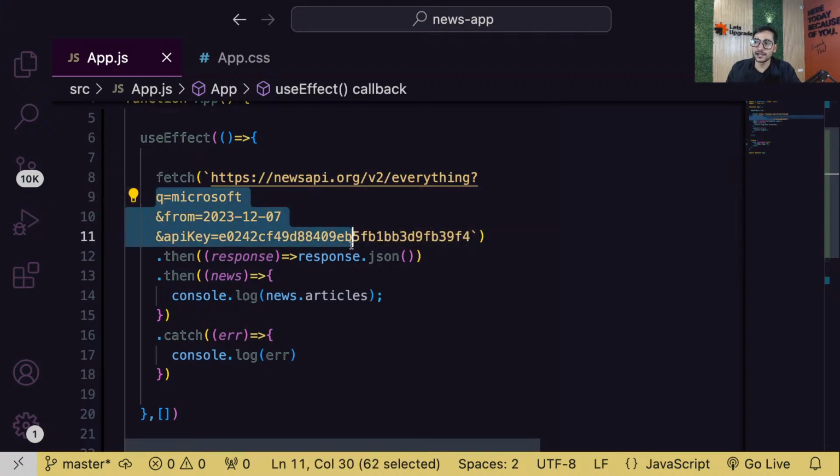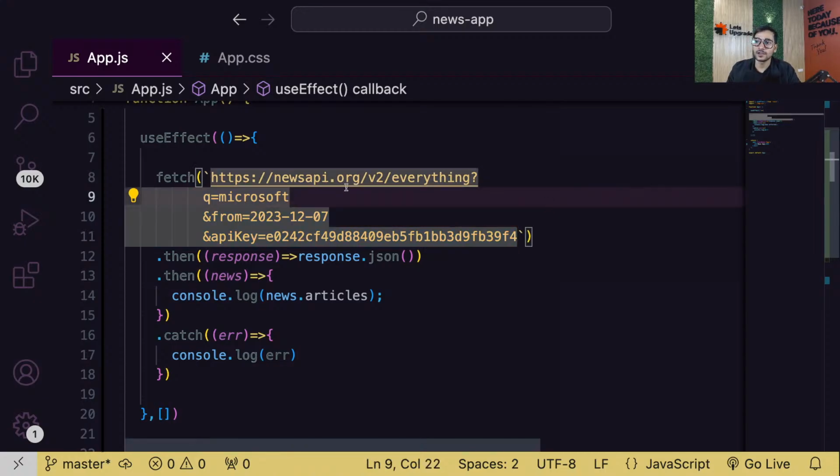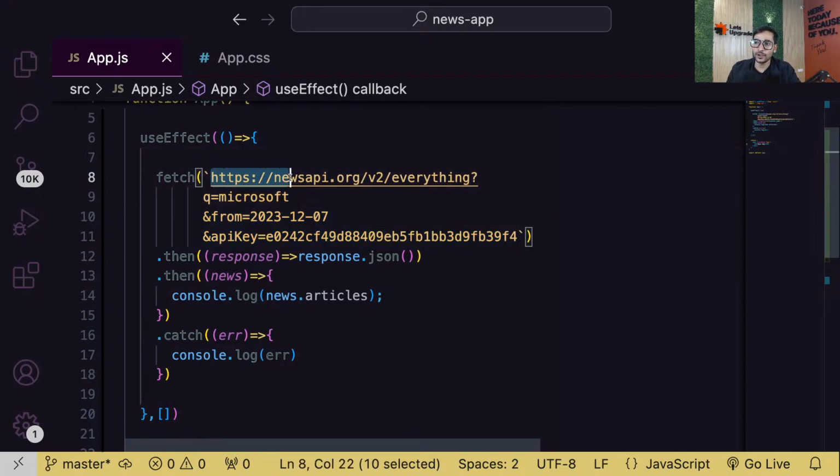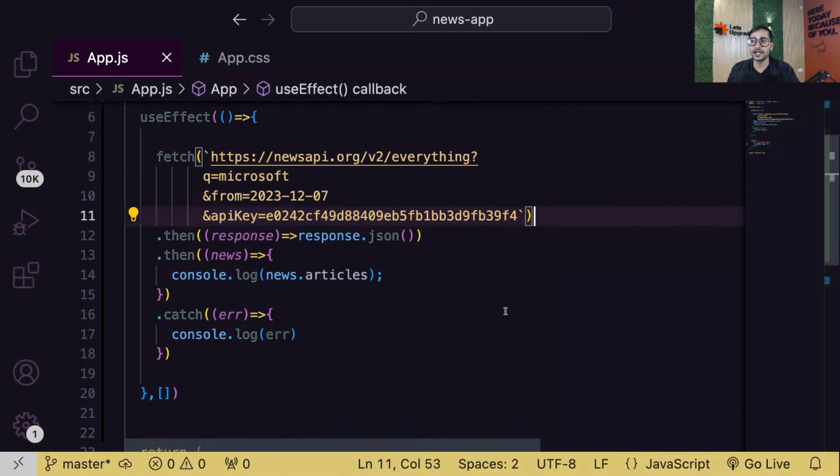I hope now it's a little readable then. So the basic endpoint, whenever you want to specify variable, you end your URL and then question mark, Q equals Microsoft and from equals whatever date you want and API key equals to whatever API key you have. Is that cleared now? Guys, is the base idea cleared now?